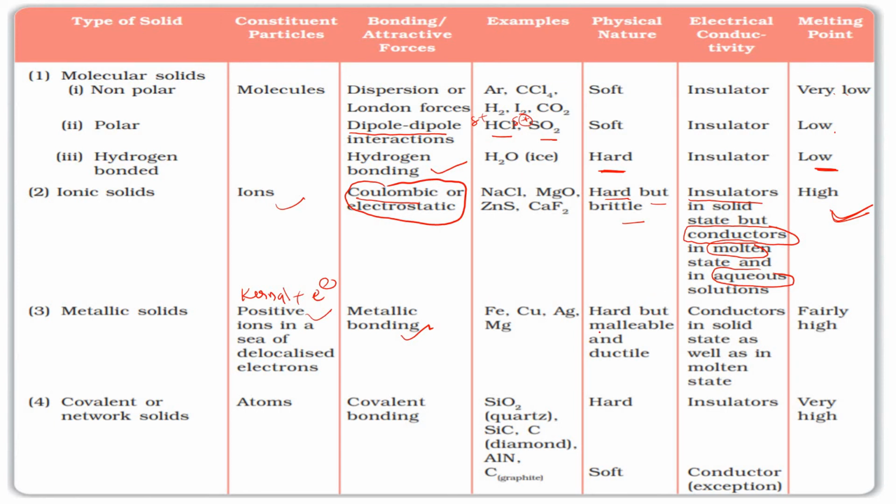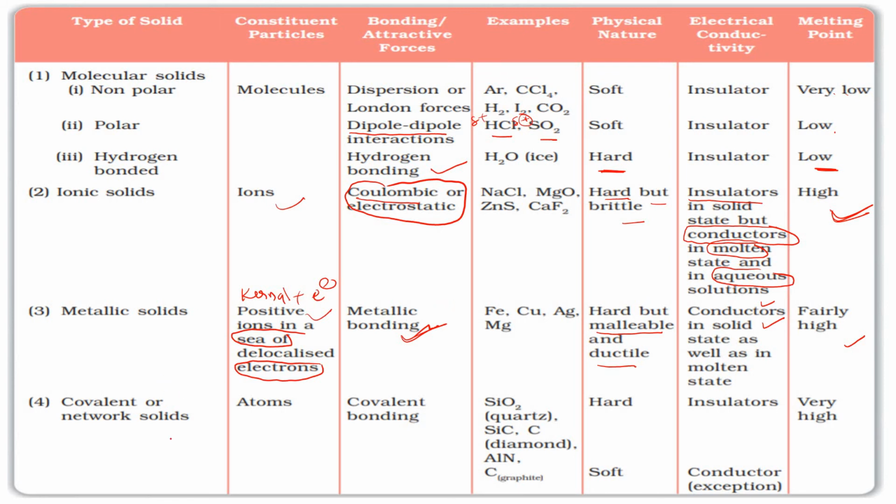But they also have some extra properties called malleability and ductility. And they are very good conductors because of free electrons. See, just now I told you, they have a sea of electrons. A huge number of electrons are delocalized here. When electrons are moving, definitely current will pass. So they are very good conductors, and they have a high melting point because of the strong forces present. The metallic bond is very strong, that is the reason they have fairly high melting points.